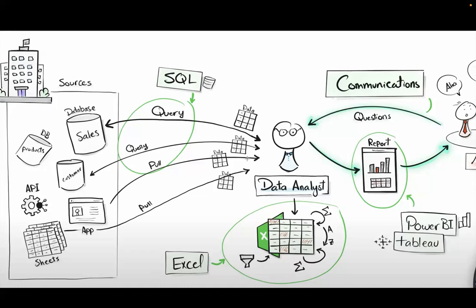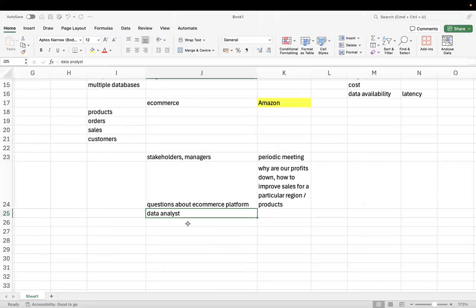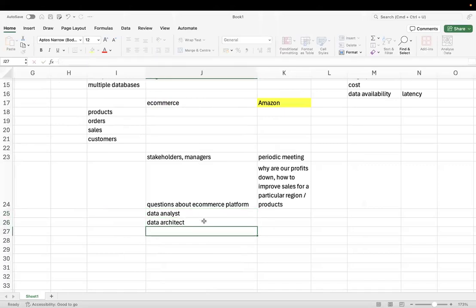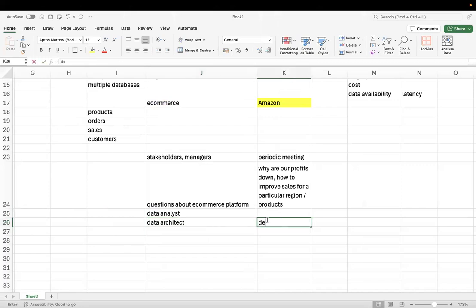So what happens is now the data analyst is not able to do this operation, the extraction part, the cleaning part by himself. So what these organizations do is they are going to hire somebody called a data architect, right? Let me write it. Now what this data architect is going to do is he is going to design a solution